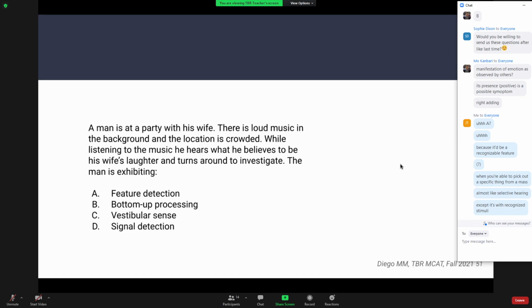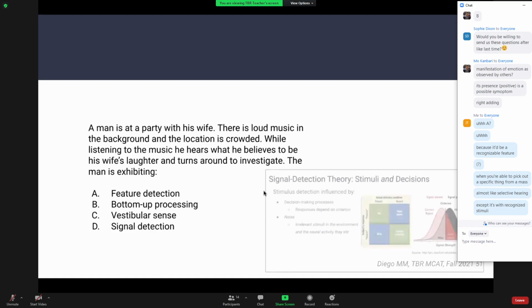The one I would take out is vestibular sense. The reason I would take that out is because vestibular sense by itself doesn't mean anything. It's a sense that we have, but it's not telling me any sort of process. So that one, I hope most of you were able to take out of the equation. Then it gets tricky with the other ones because the other ones seem legitimate. It turns out that the right answer for this question is D, signal detection theory, for exactly the reasons that